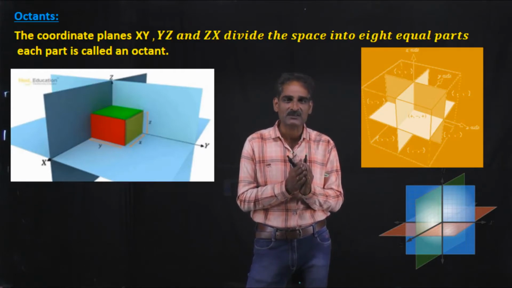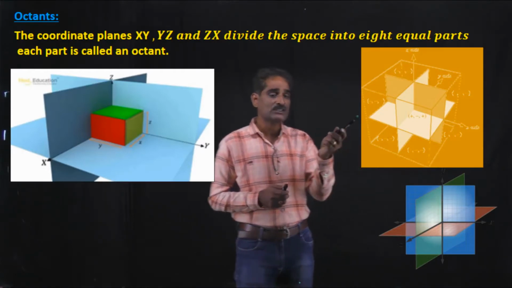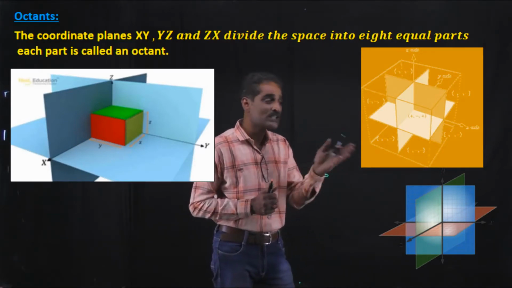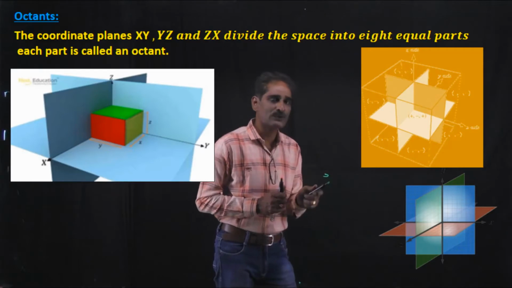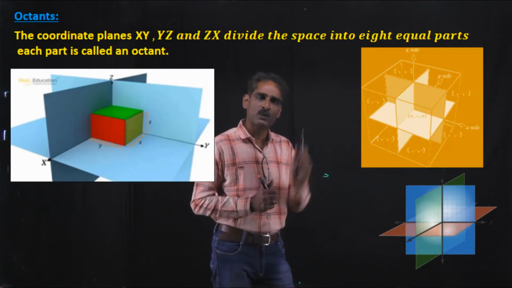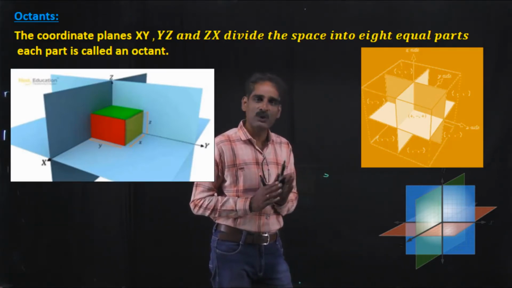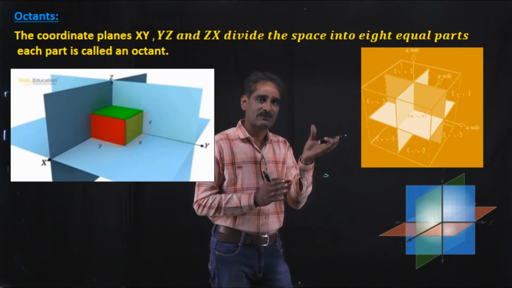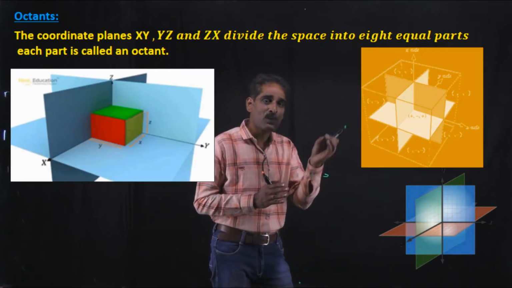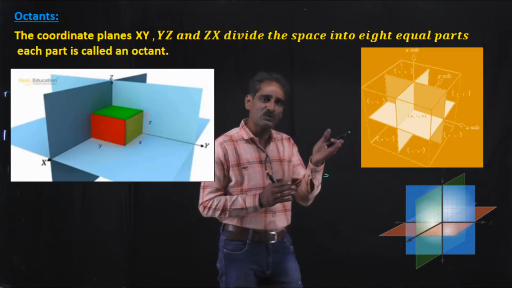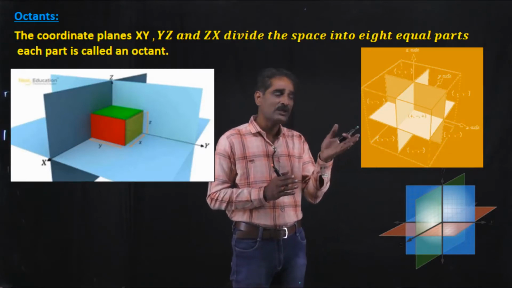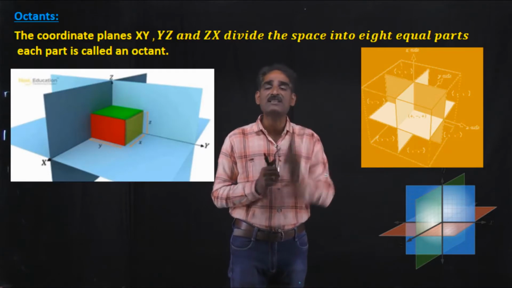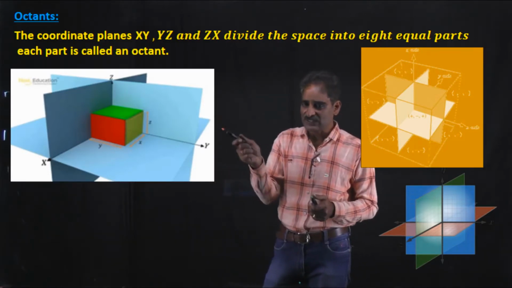And at the same time, with the help of this figure, we can decide the signs with respect to the axis. Suppose OX positive x-axis, OY positive y-axis, OZ positive z-axis, the octant formed by these three positive axes, with the help of the coordinate planes, the xy plane and so on. With the help of these three positive axes, there exists an octant that is called the first octant. Here see, this is the first octant.